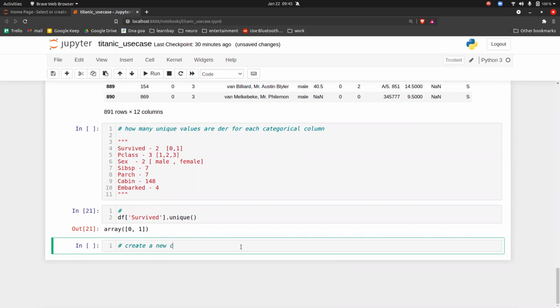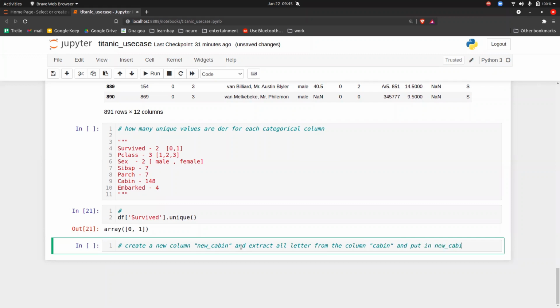Create a new column, let's say the new column is new_cabin, and extract the first letter from the cabin column and put it in the new cabin column.